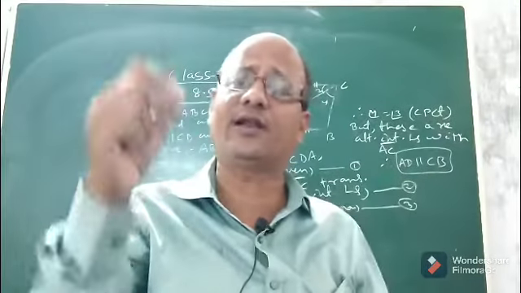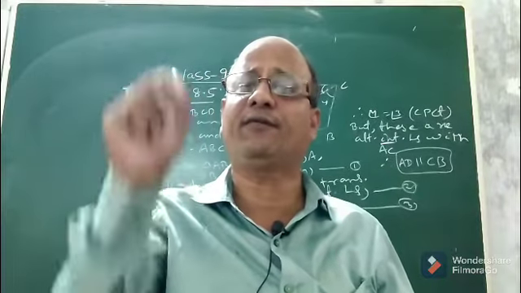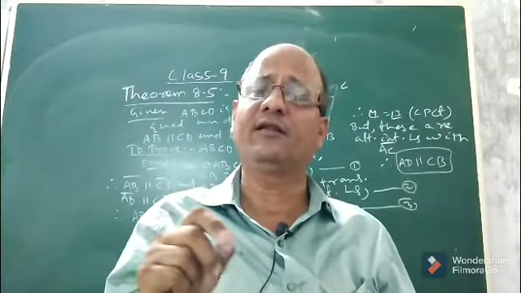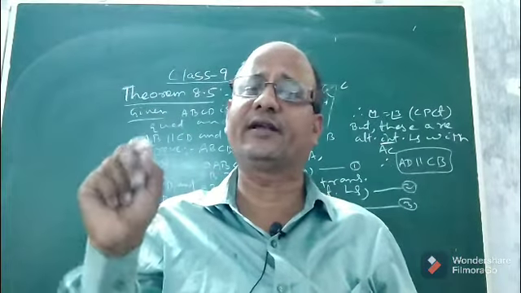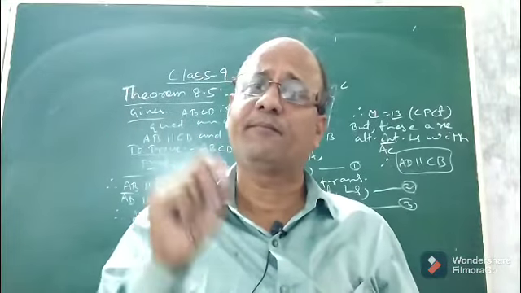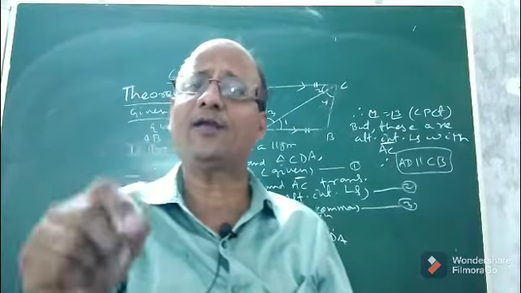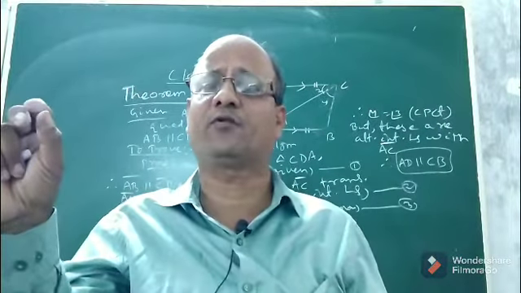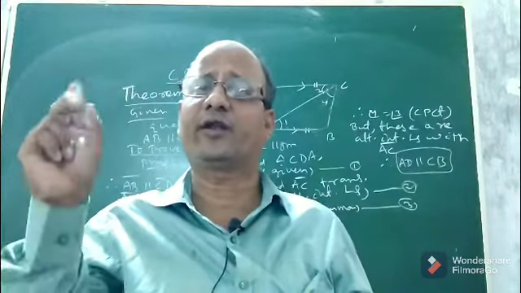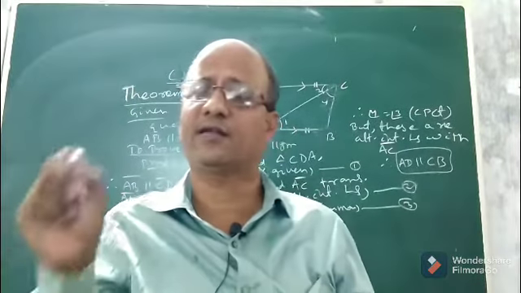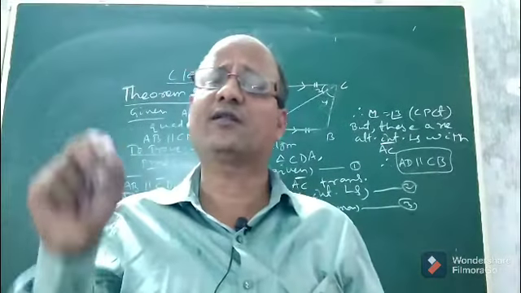First we discussed what is a quadrilateral, then the angle sum property of a quadrilateral. Then we discussed different types of quadrilaterals, with proofs, in detail. Particularly our discussion was about parallelogram and its properties, where I discussed so many properties of parallelogram. If you have understood, then you can easily do problems given in your NCERT book as well as other reference books like R.D. Sharma, R.S. Agarwal. There are so many reference books available for CBSE students, you can solve all the problems.